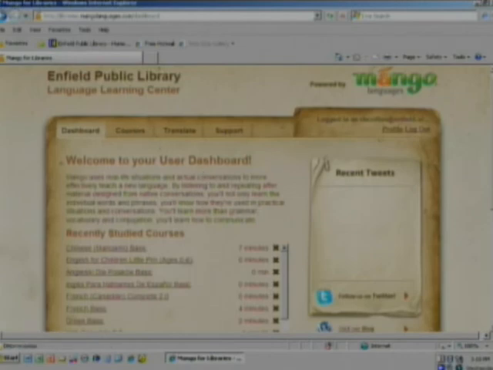So back to the dashboard, I just want to point out one more thing about Mango. One of the things that's quite important, actually, is that there is a lesson, back under courses, and there is a component for English as a second language. There's quite a few languages that are included in this. You can see here that this is foreign language for English speakers. Right below that is English courses. Once I click on that, it brings up, I believe, up to 17 languages now.